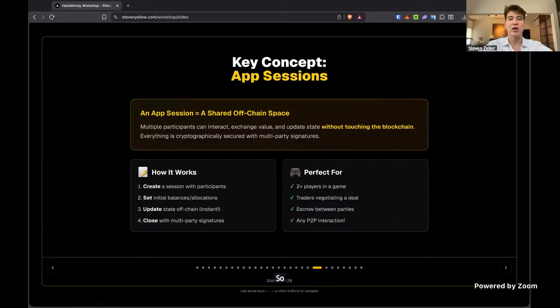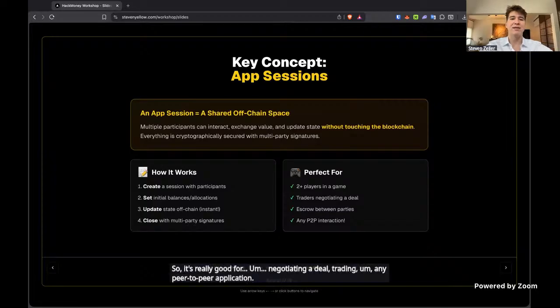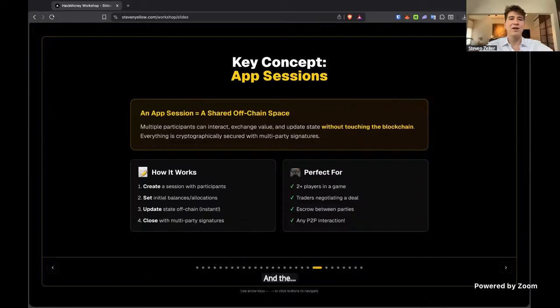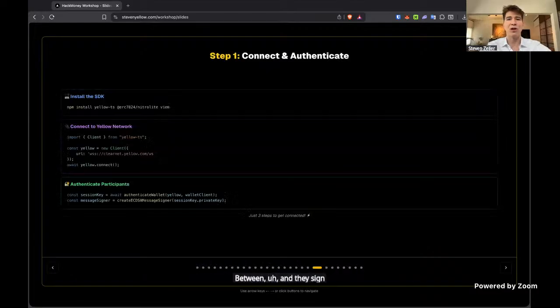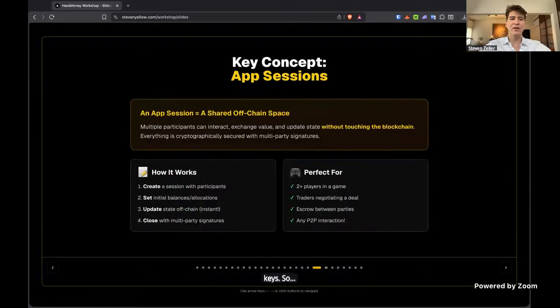So it's really good for negotiating a deal, trading, any peer-to-peer application, and the users have to sign off on changes to the application state or updates to the balances of funds that they have, and they sign off with their normal keys, like their normal Ethereum keys.